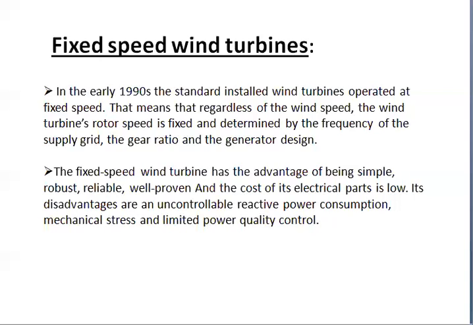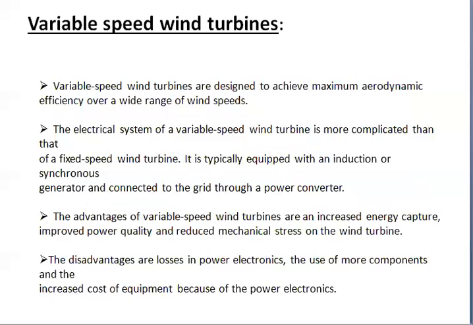So, owing to its fixed speed operation, all the fluctuations in the wind speed appear as fluctuations in the electrical power on the grid. In case of weak grids, the power fluctuations can also lead to large voltage fluctuations, which in turn will result in significant line loss. So, to reduce this effect, we will go with the variable speed wind turbines.